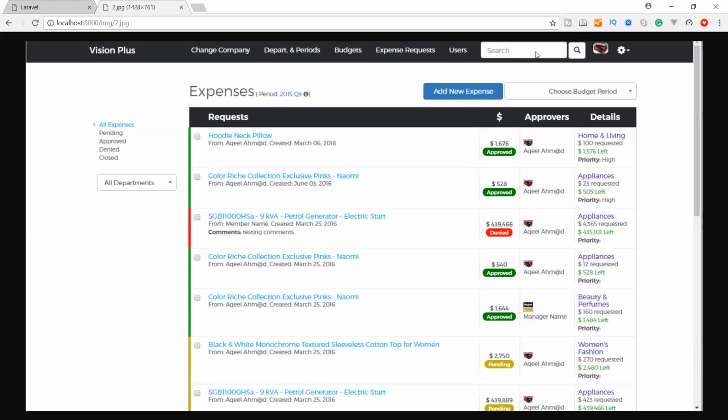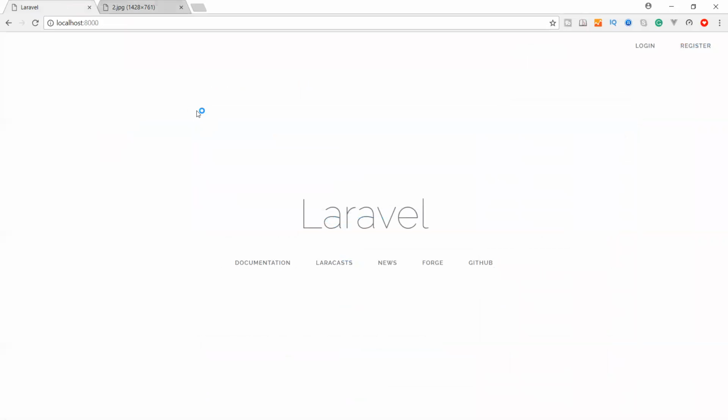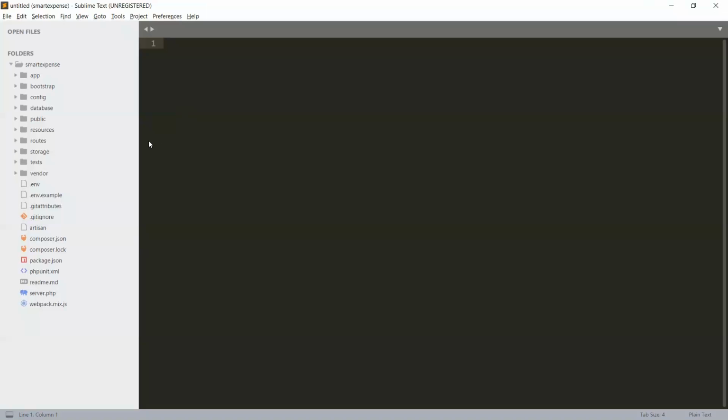For search we just require a form, and the image of the company and the dropdown list for profile. So this is the navbar we are going to create, and let's now jump to our text editor